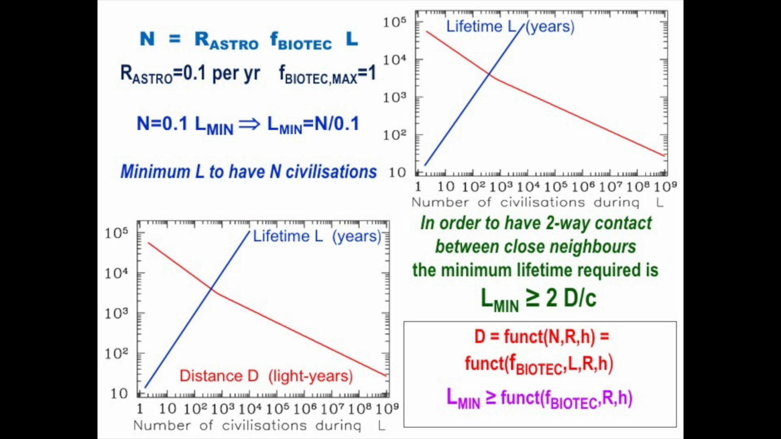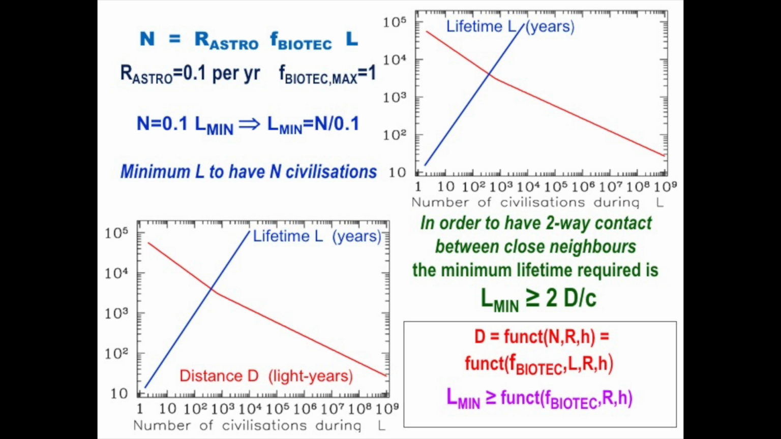And then you can also ask yourself, what is the lifetime of such a civilization? Because n is the product of this factor that we have fixed and two other factors. If we give to this factor the maximum value, which is equal to 1, then there is a minimum value for L in order to have a given number n. If we want to have at least one civilization,